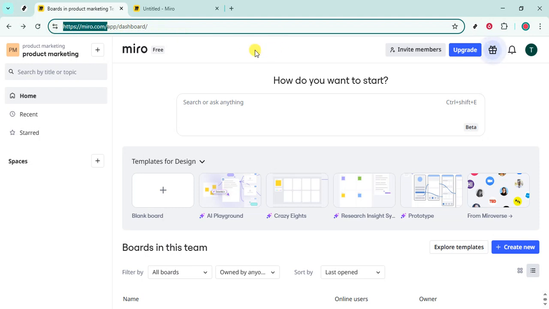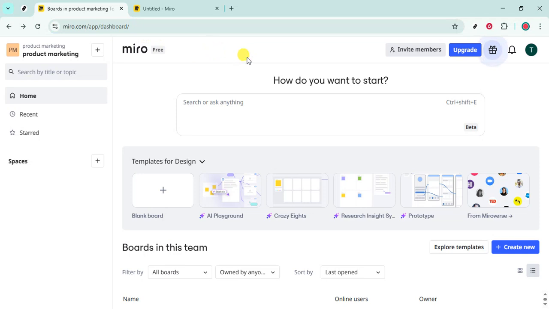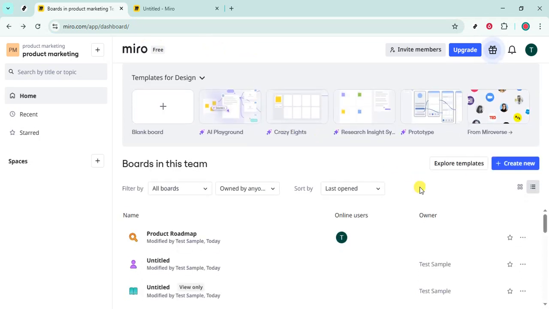First, open your browser and go to Miro.com. This will take you to your dashboard where all your boards and workspaces live. If you're already signed in, you'll land right there. If not, just continue to your account the way you normally do. Once you're on the dashboard, you're in the right place to add a mood board to a new or existing